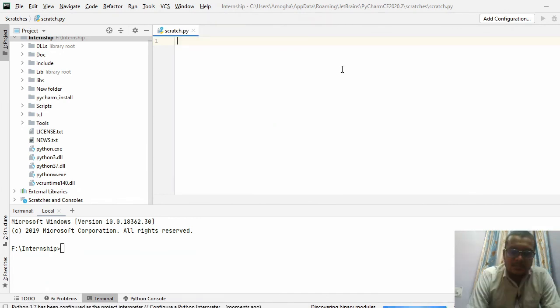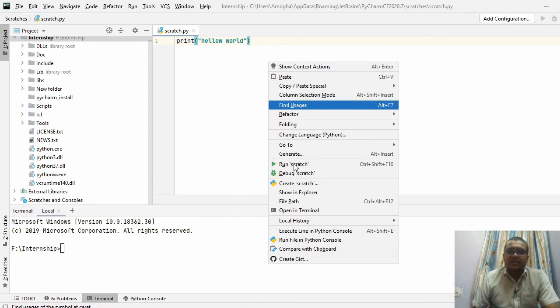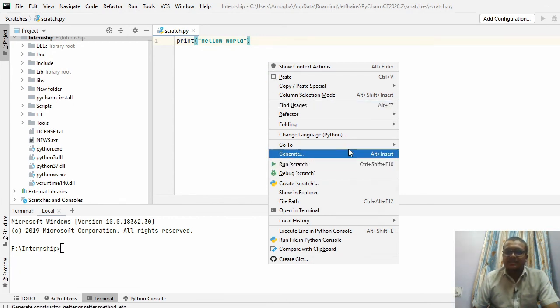Here you can type any simple commands. If you need to execute, right click and press Run scratch. That's all.